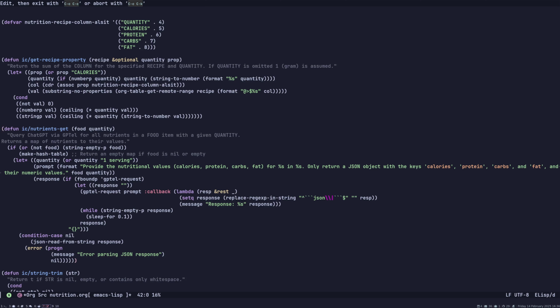the core functionality, a function that accepts two arguments, food and quantity. If no quantity is specified, we assume that we are talking about one serving. The message that we pass to the LLM is to provide the nutritional values, calories, protein, carbs, fat, and only return a JSON object that contains those keys. And finally, we return that JSON object as a map,